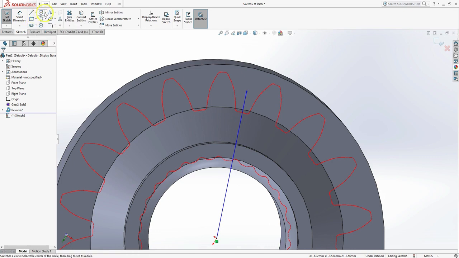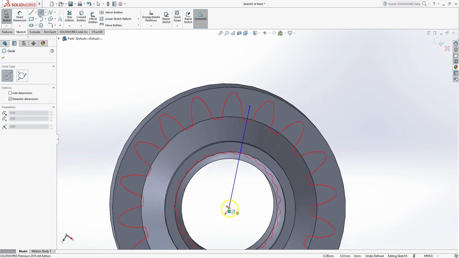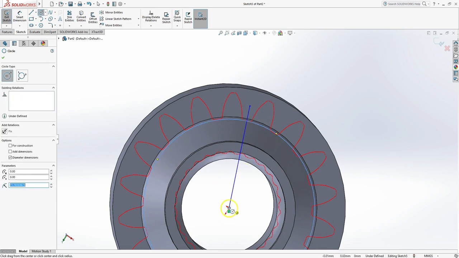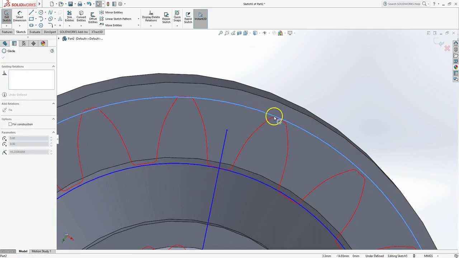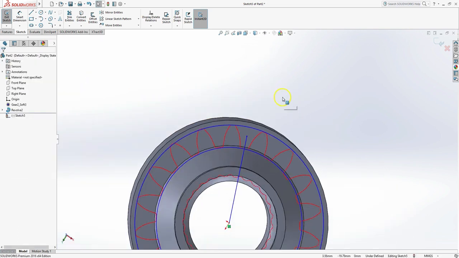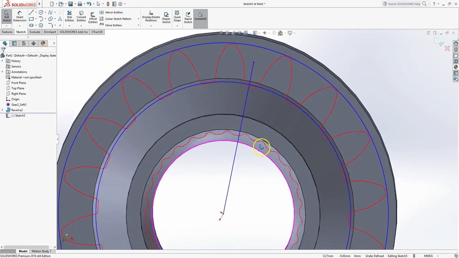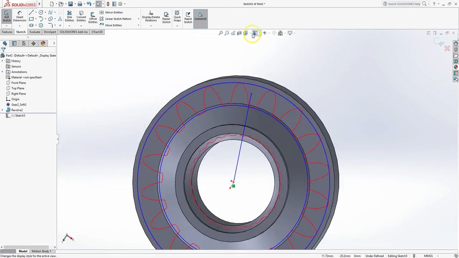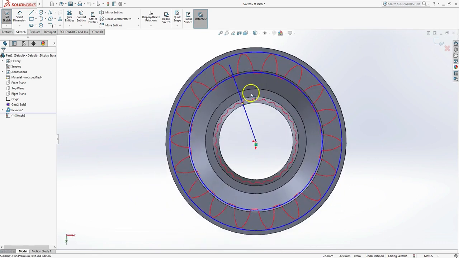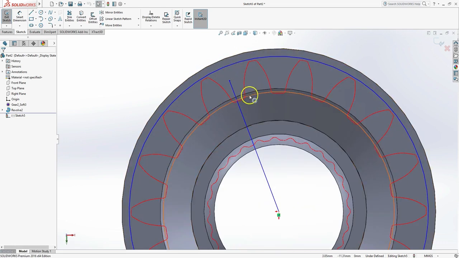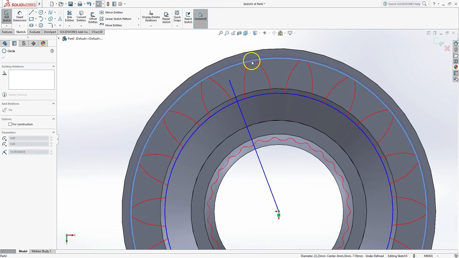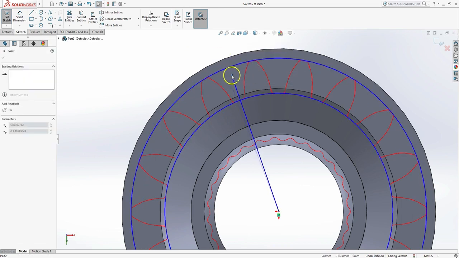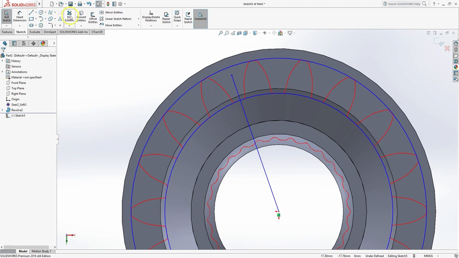And let's define a circle for the center to the root, the center to the tip, just like that. And get that a little closer. Make sure that I'm looking at the part straight on like that. Okay. Alright, so there we go, to the root, right to the tip. And get that roughly in the right spot, and now here we go.